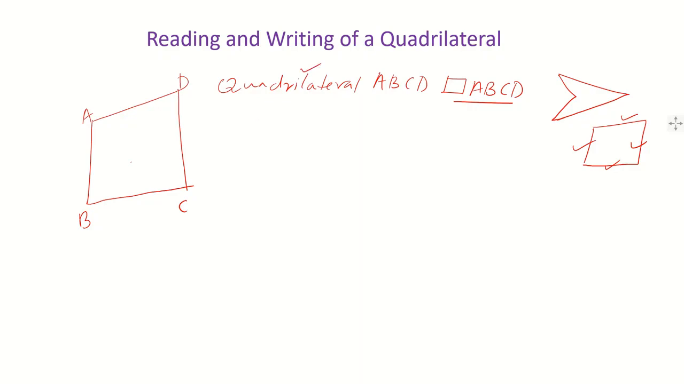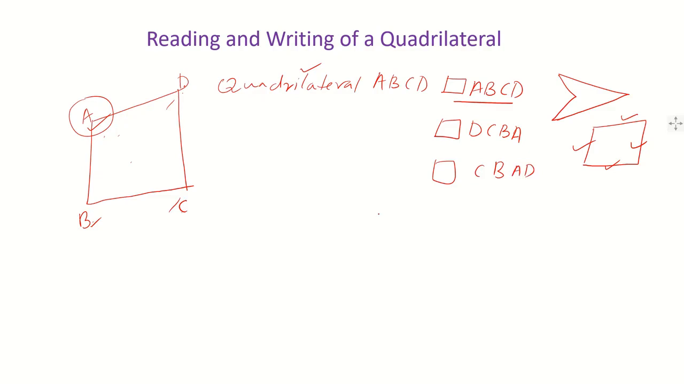Then a question comes to mind: why ABCD? Is it that it should start from here? Why can't it be B, C, D, A? Why can't it be D, C, B, A? Yes, it can be. It can be quadrilateral DCBA from here to this side, or it can be quadrilateral